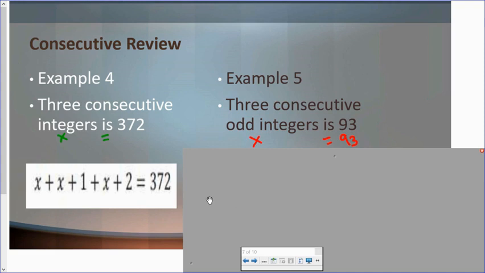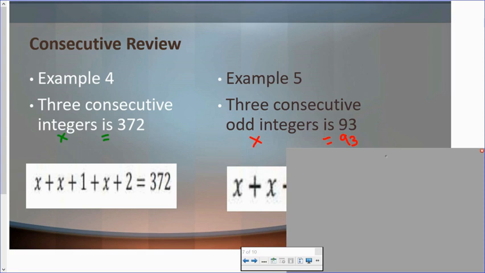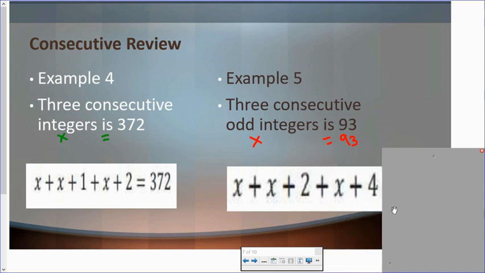Okay, so I need 3 consecutive ones. Now this one's going to be a little bit different. We are going to start off with our very first odd integer, which is x. But this time we're going to add x plus 2. Okay, so that's my second consecutive odd integer. And then my third one is x plus 4